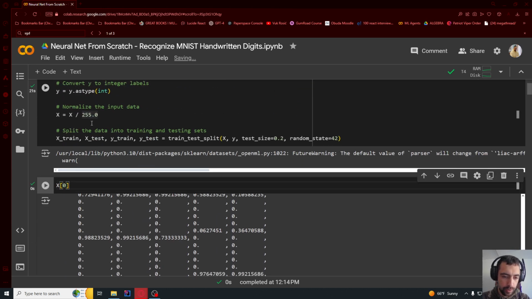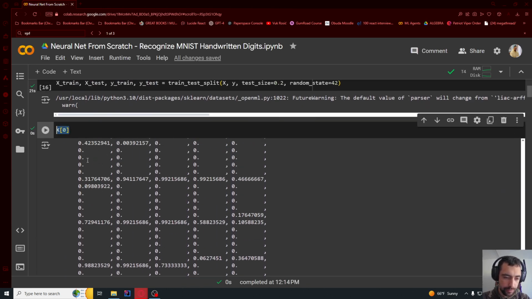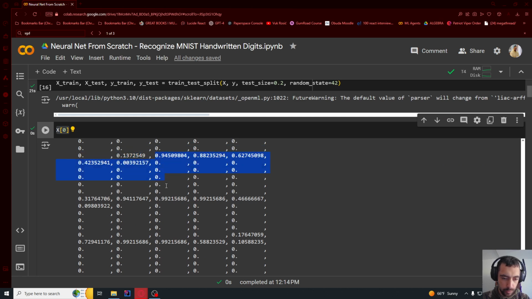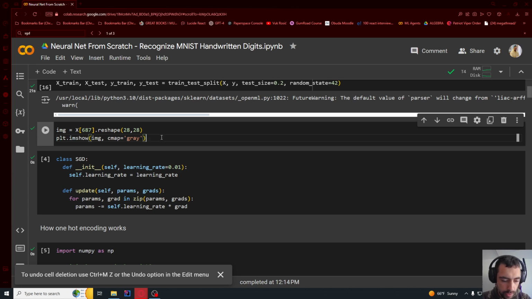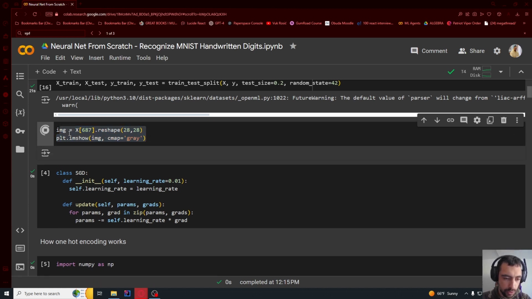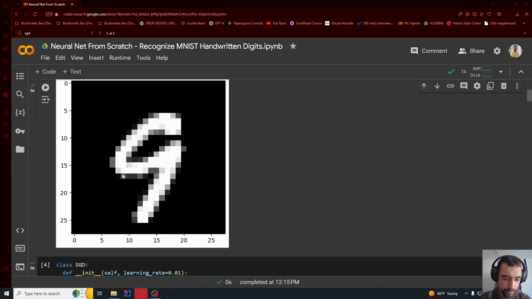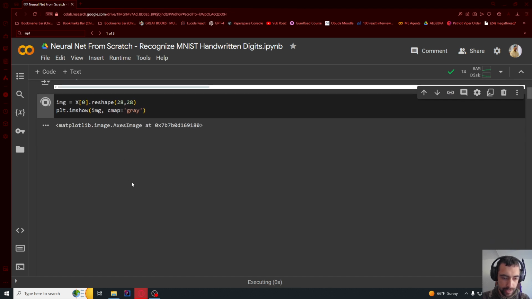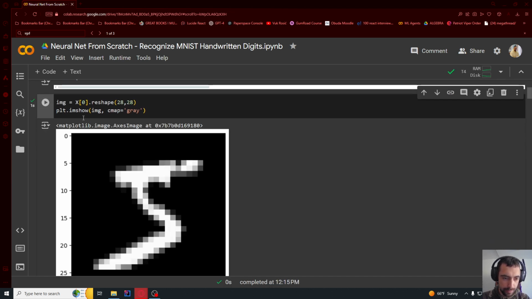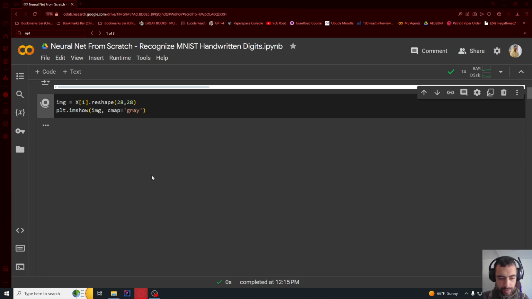I'm gonna zoom this in a little bit. Now you see how X of 0, all of the values of pixels, are between 0 and 1. Now I'm gonna execute this line, which will draw this image. So if I just change this number here, this is gonna be some other image. So this is gonna be number 5, the first image. The second image is gonna be number